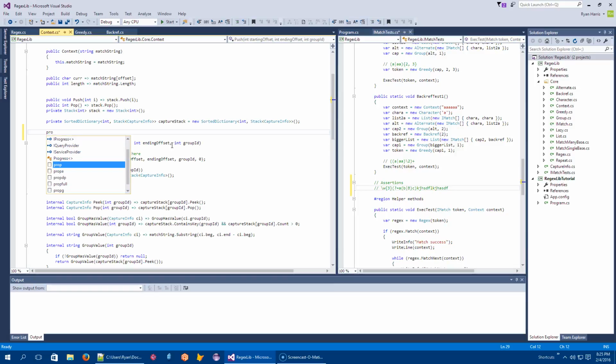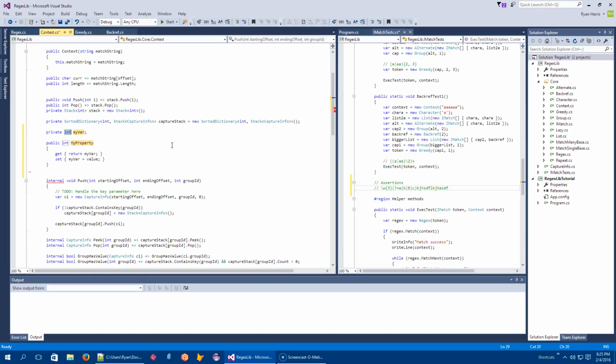I don't remember what the snippet is. Prop full with a backing field. Yeah. All right. So this is going to be int little key, and the public property is going to be capital K Key, and I'm happy with that. Now this is always going to be just mapped to key, so this works perfectly fine. But every time I push something on, I'm going to increment key and use that as the new key.